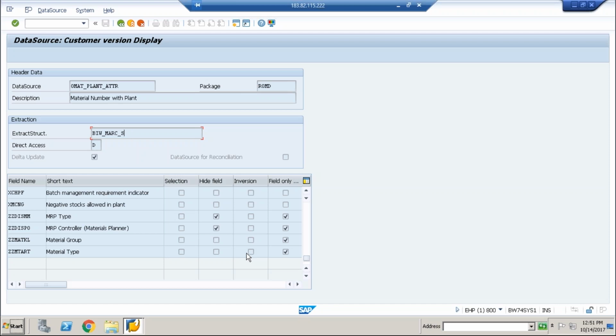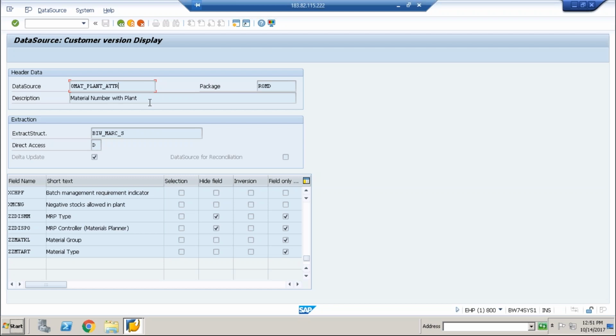By default, after images come with positive values. Let's say one sales order is there with 1 lakh value. I extracted this data into BW, and later someone changed it to 1,50,000 from 1 lakh. Since your data source gives two records, before image and after image,